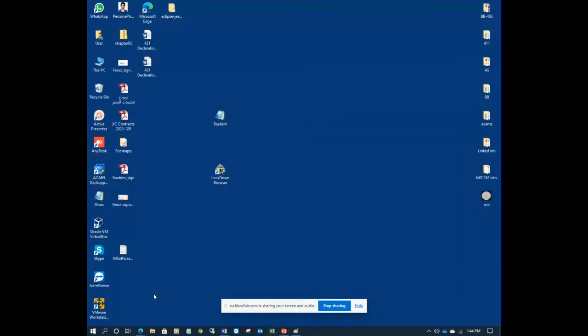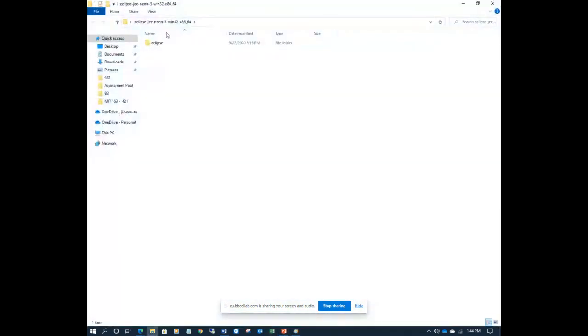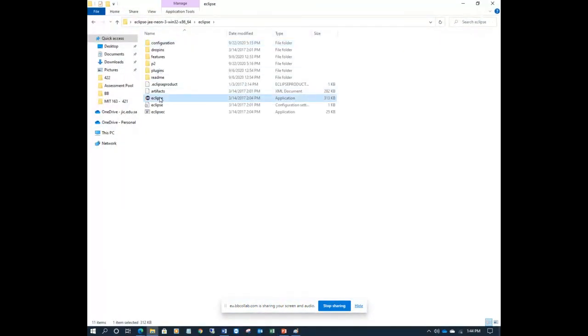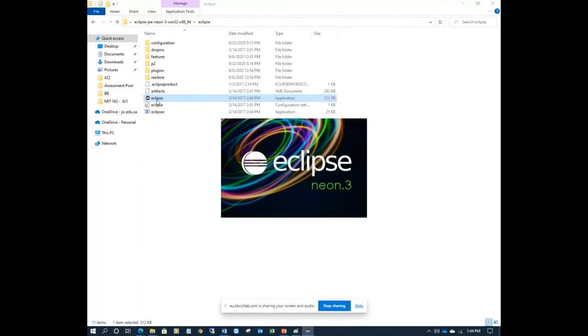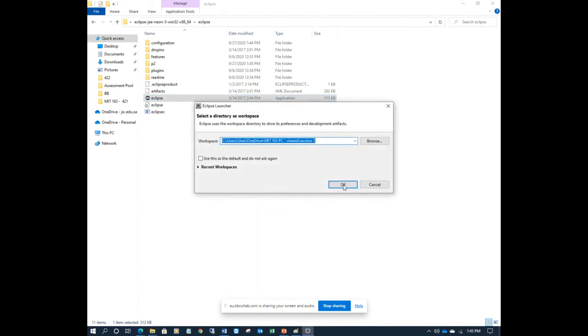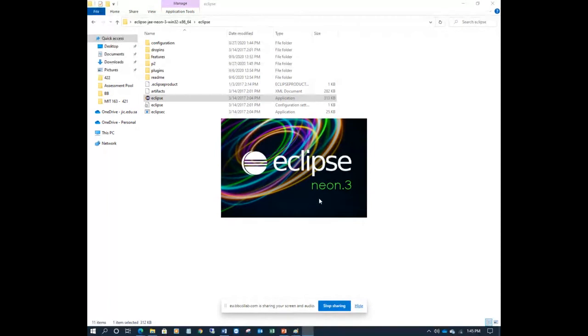Let's open my Eclipse. This is a similar program we already did, in a similar way we did in chapter 3. This is section number 4.